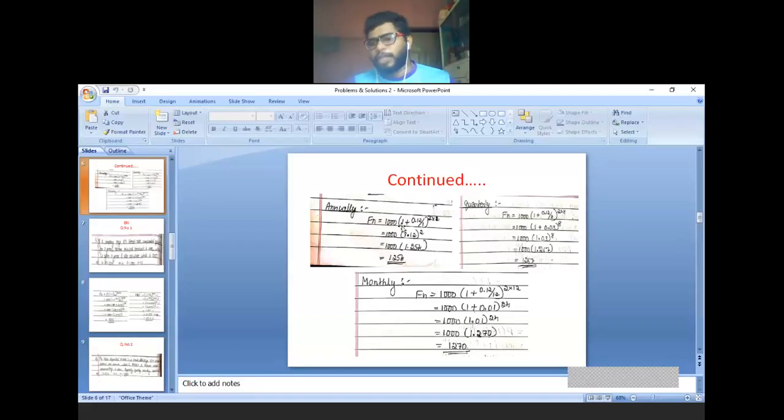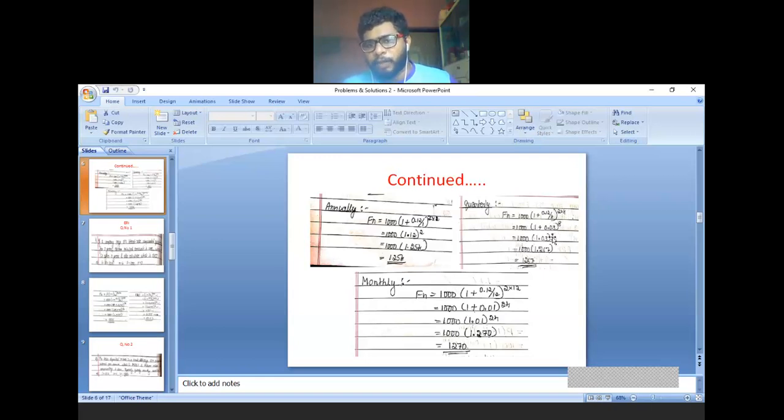Now calculation for annually. If you are calculating for annually, means M is equal to 1. This is nothing but the same. See, this annually calculation is nothing but, in today's class, the first formula we have seen, same method, because anything if you divide with 1, your answer will be same. So this is annually calculation, that time M is equal to 1. Quarterly calculation, M is equal to 4. So wherever M is there in the formula, use 4.